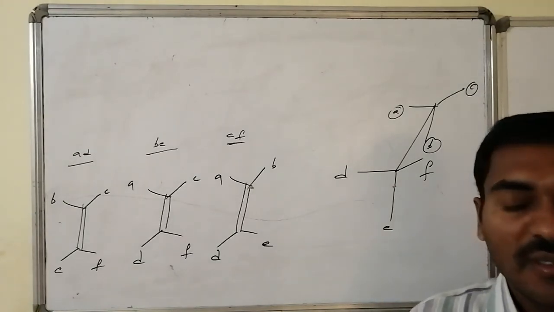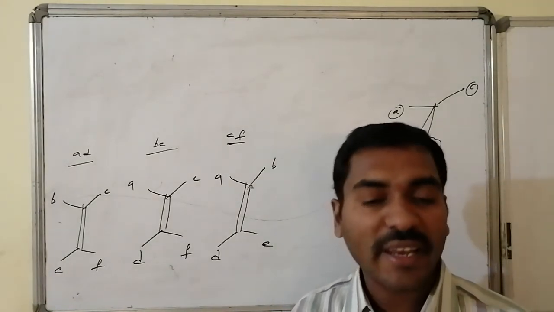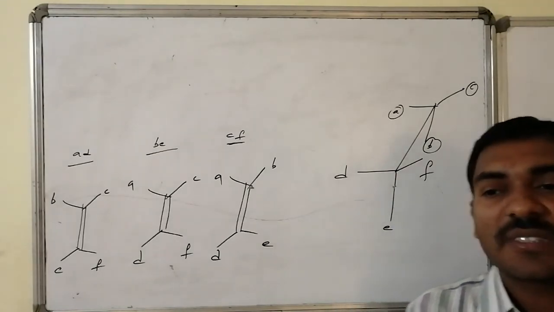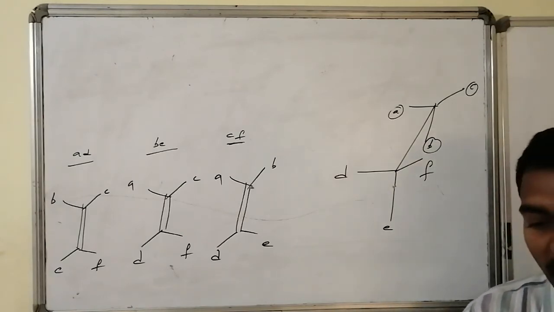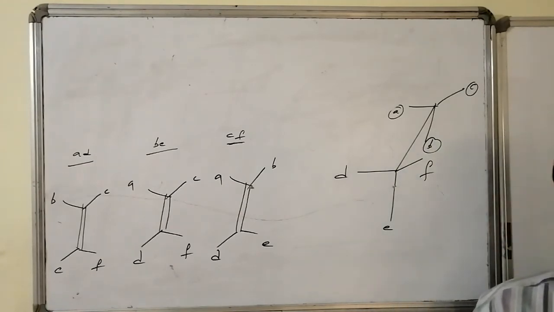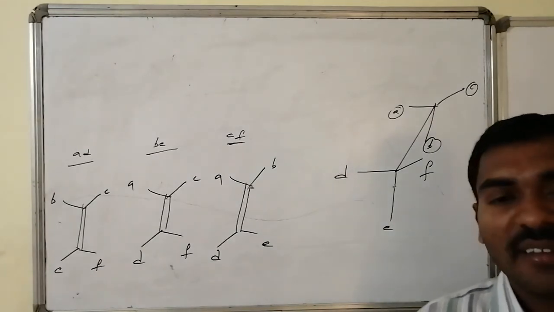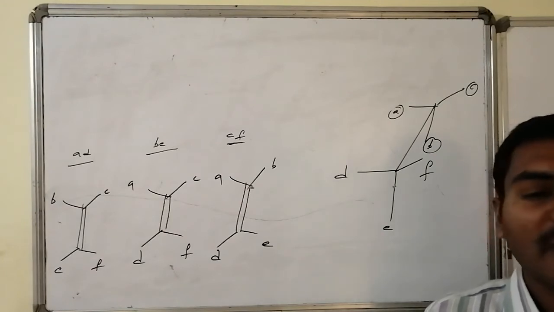Suppose sometimes the elimination can be anti-elimination. The eliminating groups on the adjacent carbon atoms can make an angle of 180 degrees. Then in that case, which particular stereochemistry is obtained? That is not going to be clear enough from the wedge presentation as well as the Fischer presentation. We have to go for either the Newman presentation or the Sahars presentation. So here, rotating by an angle of 60 degrees, we will get the anti-structures. In these anti-structures, we will apply the elimination rules related to anti-elimination. Thereby, the stereochemistry can be predicted.